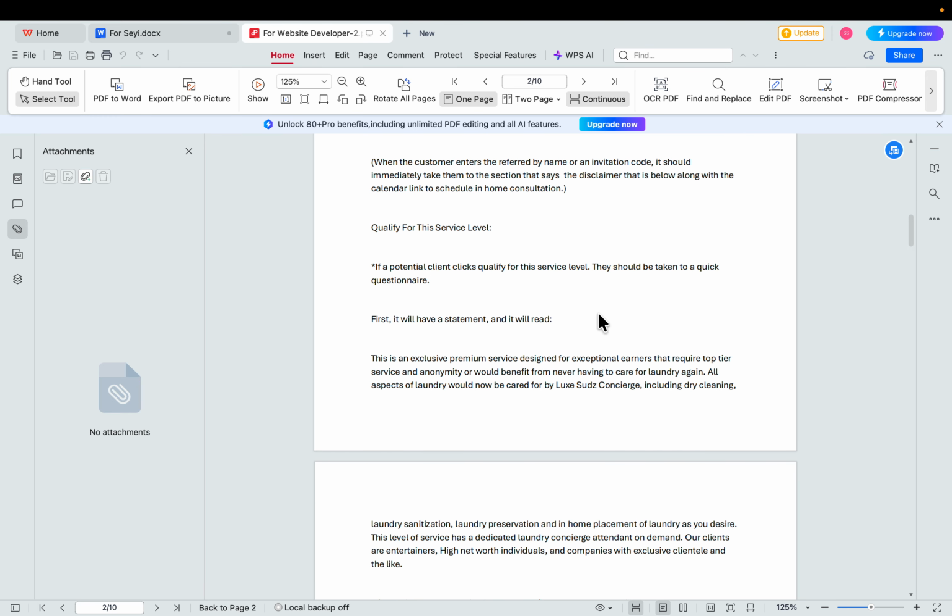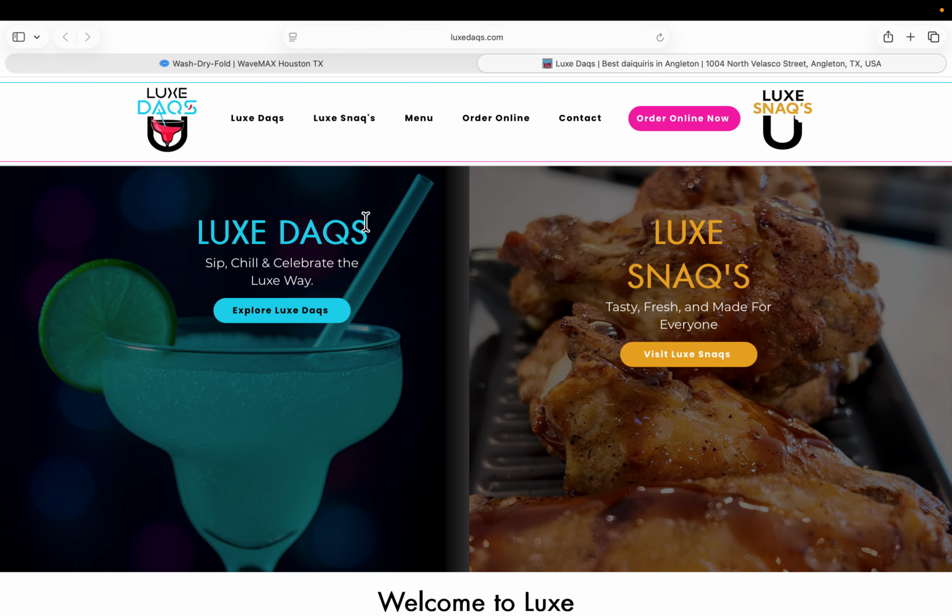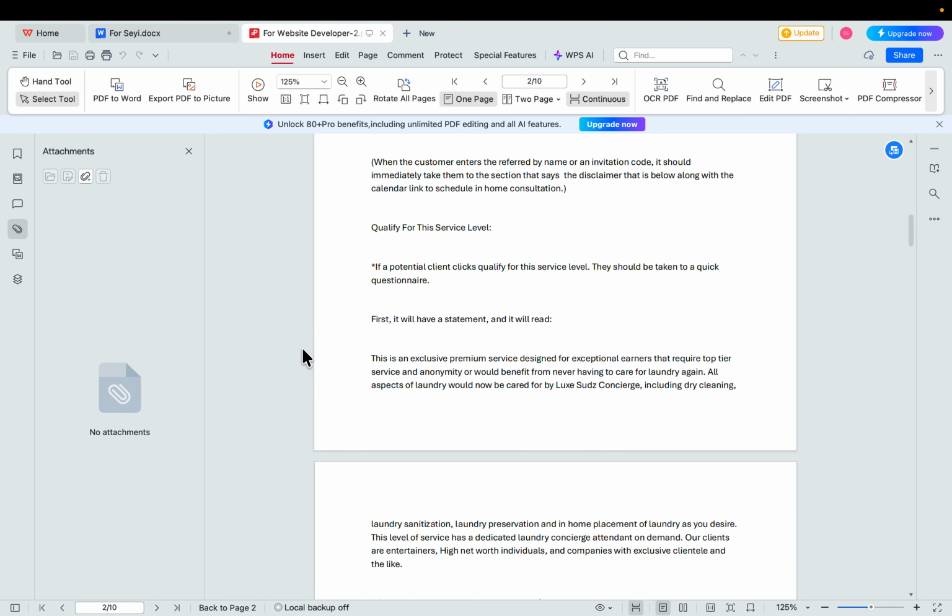Definitely, if I have to create the concise section on the left, there must be two buttons on this concise section: the membership login. That's what I was just saying. There has to be two buttons. One of the buttons says qualify for this service level. See, I have it written there. The other button is the member login.